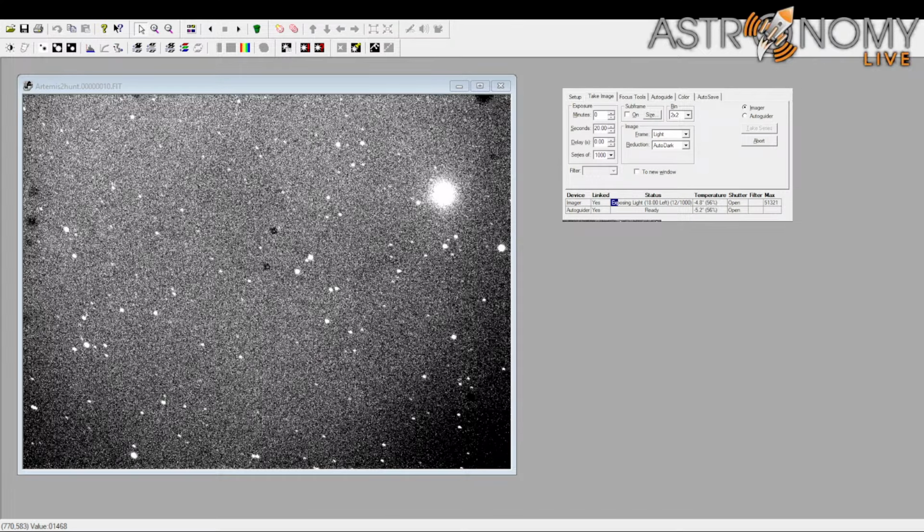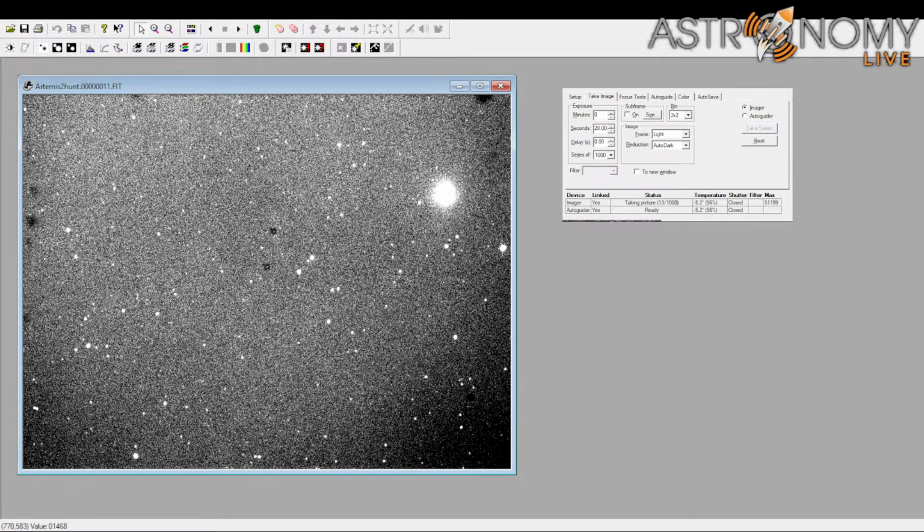Okay, I'm pulling this up in SkySafari Pro so I can see about where I am. And let me astrometrically solve one of these pictures to get my bearings. So what I'm going to do,